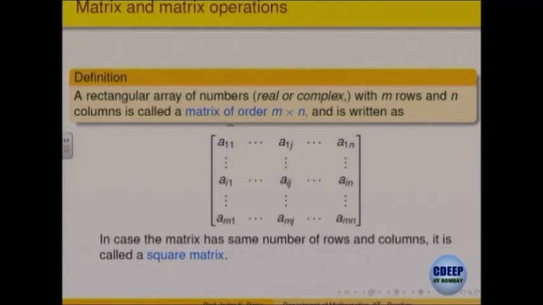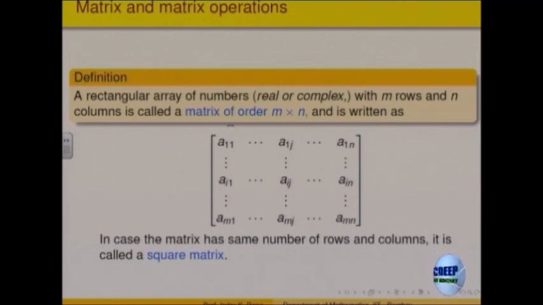Why is the matrix important? You can ask. One reason, of course, is that we are not going to bother about the variables x1 and x2, that is a real number system. The important thing is, when we do computations, you are not going to do it by hand, you are going to put it on a computer, all the multiplications, divisions, everything. A computer or a machine cannot store variables, it can only store scalars. So, we can ask the machine to store the data in this format.